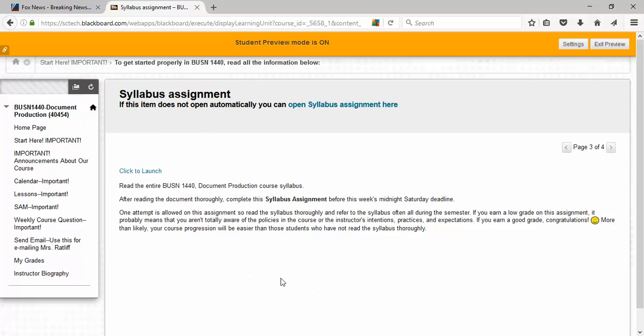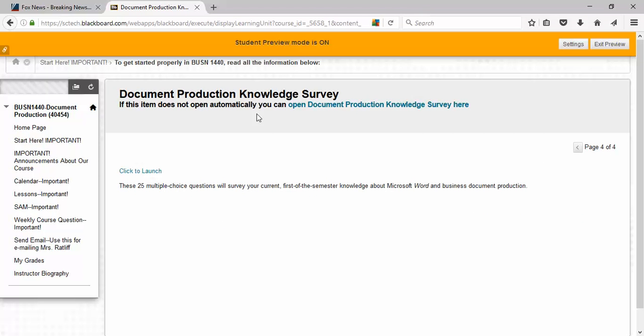So after you click here to launch the syllabus assignment and answer all the questions and submit it by clicking the submit button, then you'll have your grade in the Blackboard gradebook. After you finish that, if you'll notice, there's one more page, page 4. Click on the right pointing arrow,